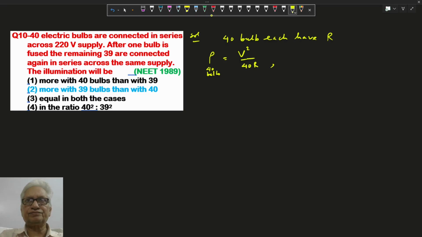The power when 39 bulbs are there, as one is fused, with the same voltage is V square divided by 39R. The denominator is smaller, meaning the power when 39 bulbs are used is more than when 40 bulbs are used. So here option